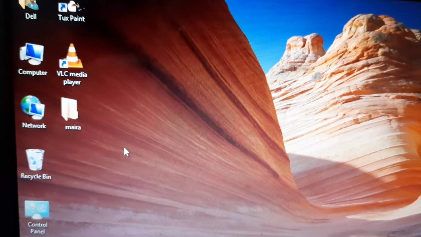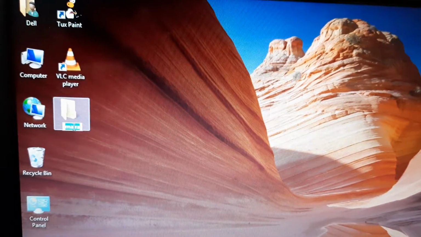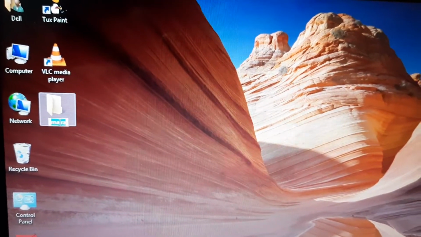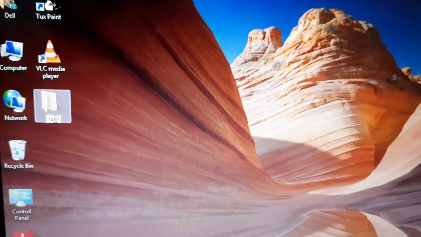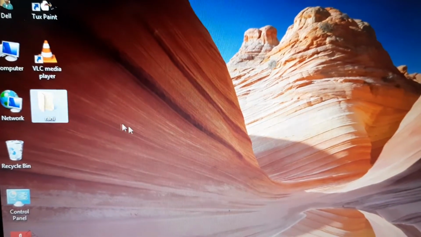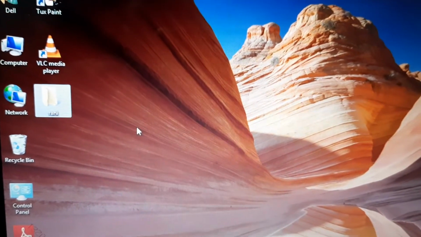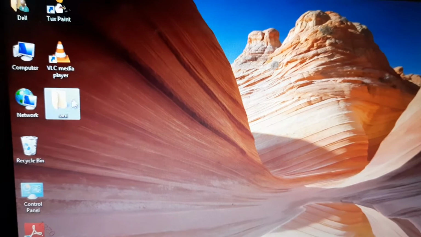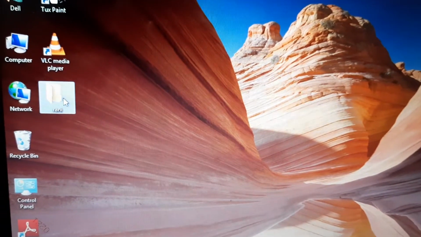But there is another, easy method to rename it: just select it and press F2. By pressing F2 you will be able to rename it. Like I have renamed it Rani. Then I will press enter. My folder is renamed. Okay, this is the second method. The third method is to select it and then click on it.